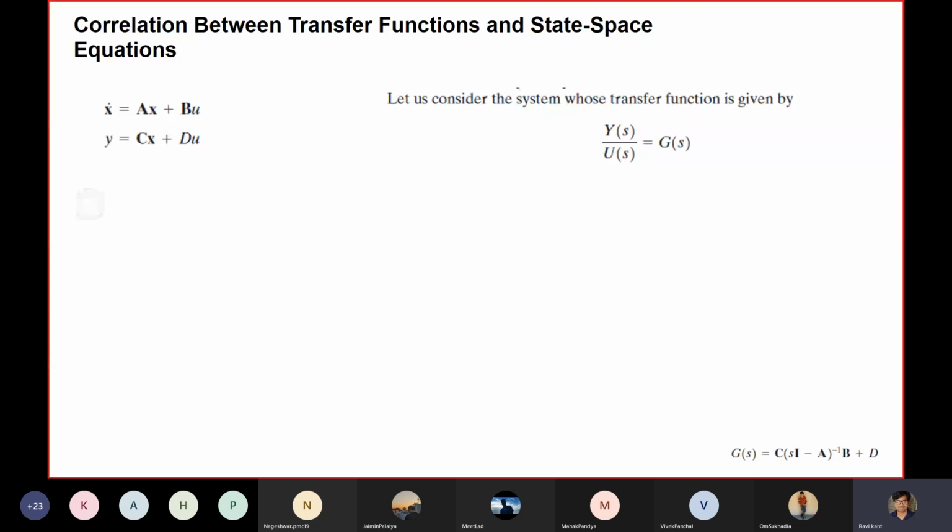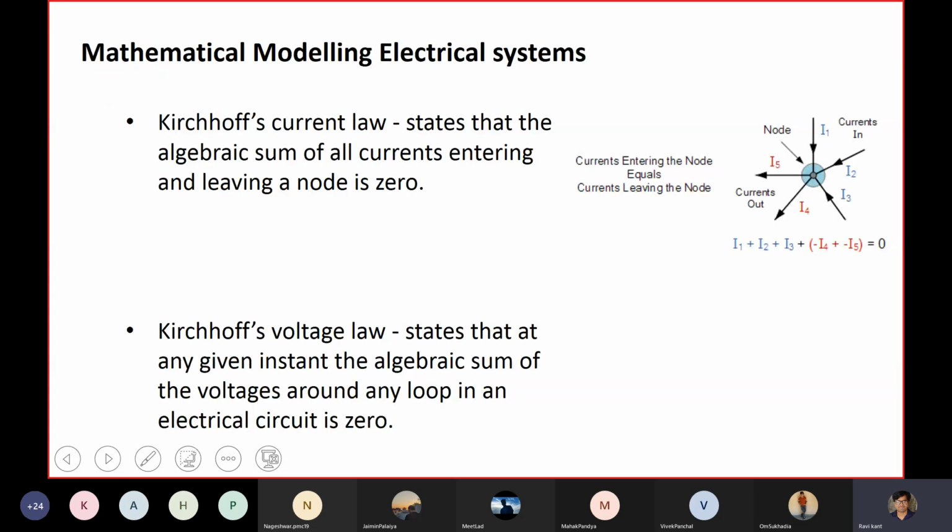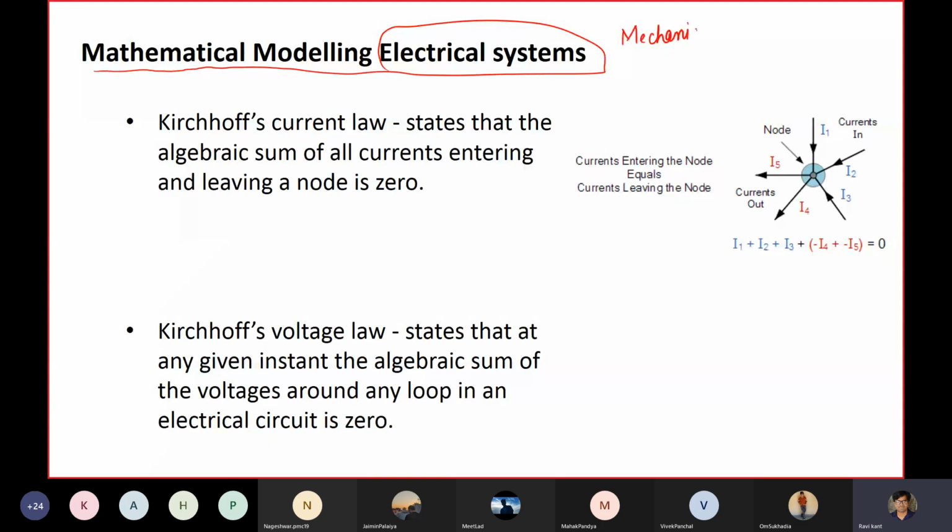So in this class, we will take up two things. One, we want a correlation between transfer function and state space. And second thing we will introduce is the mathematical modeling of electrical systems. So far we have talked only about mechanical systems. And in this lecture we will talk about mathematical modeling of electrical systems as well. Okay, let's first